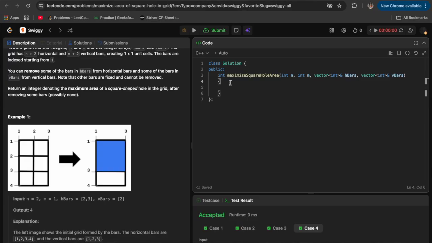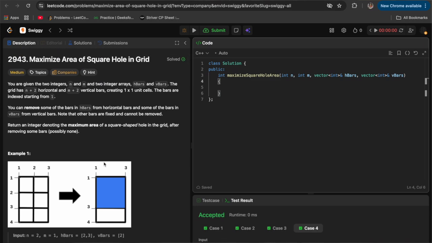Take a bar, keep it at the ground side that we are assuming. If they say n is equal to 2, then keep one unit distance, put one bar, keep one unit distance, then put the second bar. Likewise we have to put, and at the last we have to again put one extra bar. That's how they get arranged to make a grid.